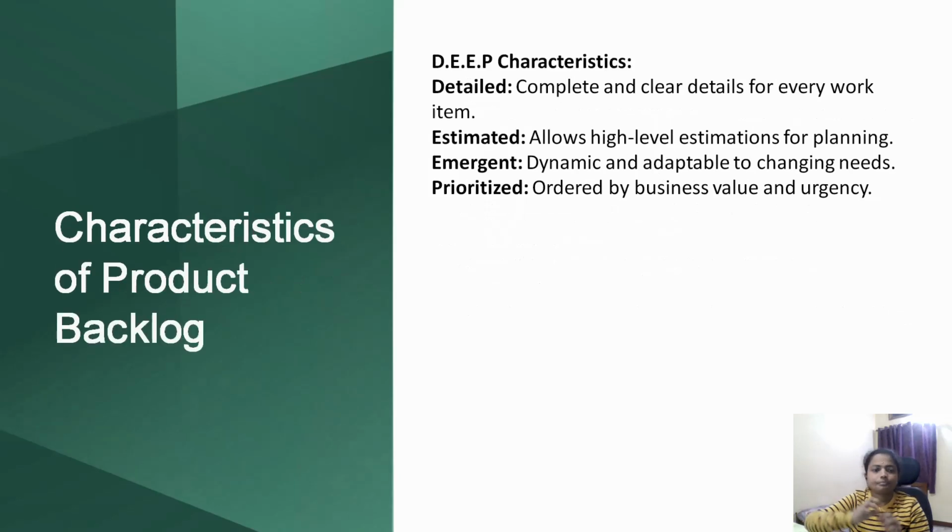All right. Now, there is a characteristic feature of this product backlog. Please remember DEEP. D-E-E-P. Easy to remember. So what is D? Detailed appropriately. E is estimated. E is emergent, and P is prioritized. First one, detailed. Detailed, as the name suggests, any work item should have clear and concrete information, and it